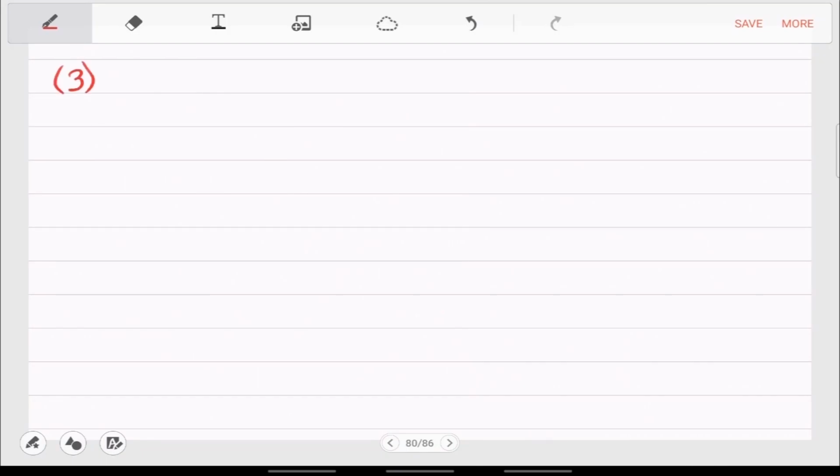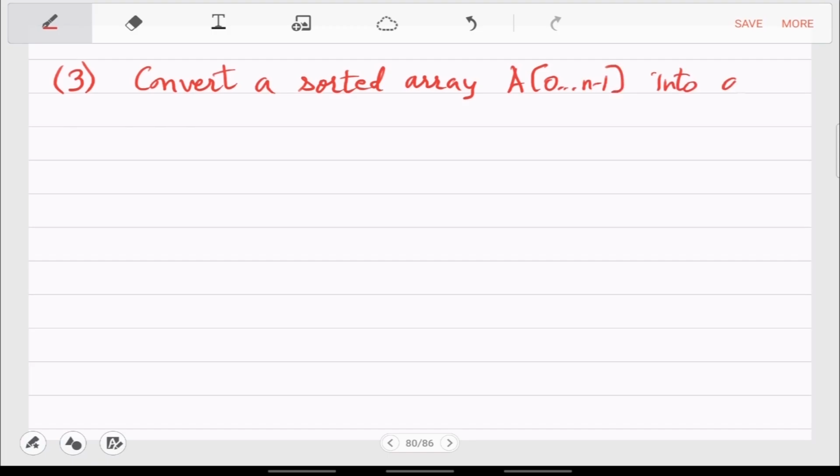And third is the opposite, which is to convert a sorted array. In fact, I should not say this is harder. This I think we have kind of done pictorially already. So convert a sorted array A into a balanced BST.